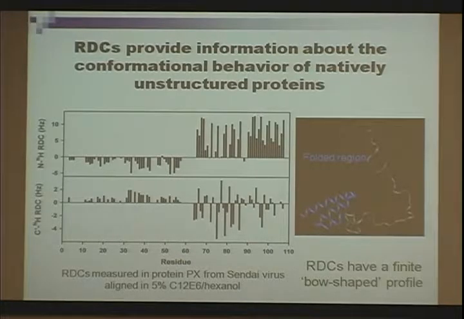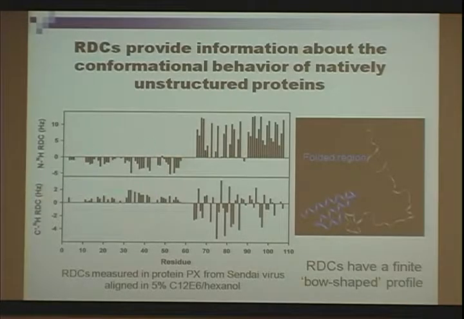simulations. And it turns out that these residual dipolar couplings are very useful because you can measure residual dipolar couplings in natively unstructured proteins, and they contain an enormous amount of information about the conformational behaviour. So you can see in this example from the PX domain from Sendai virus, this is a partially natively unstructured protein which has a folded region and an unfolded region. Obviously the RDCs are very large in the folded region, but you can see that we can measure finite RDCs